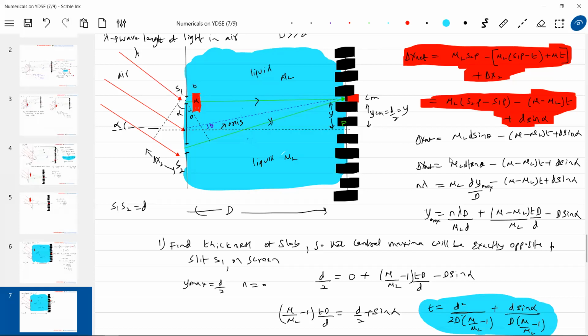In Young's equation, it is d sine alpha by mu L, sir. Let me check. Okay, this mu L should also go for this one, no? Simplification. Yes, sir. One mu L will come here. I think I missed it. Small d, capital D. One mu L will be here. So here also one mu L will be there.